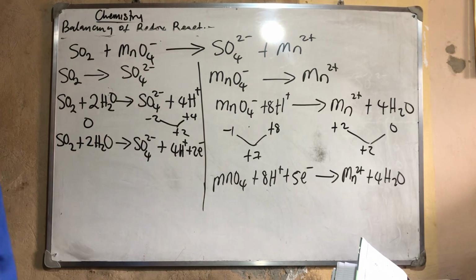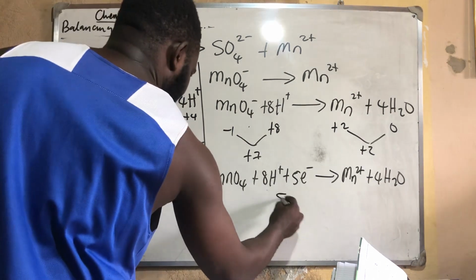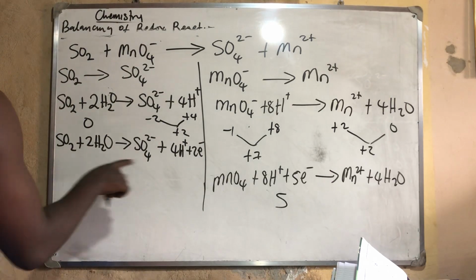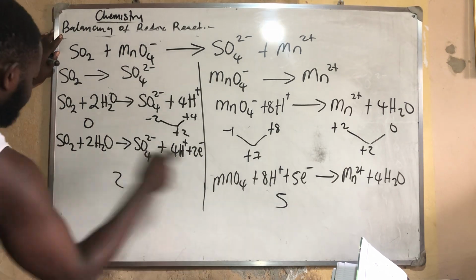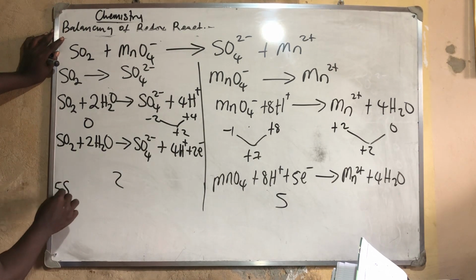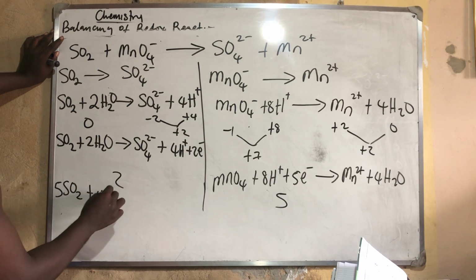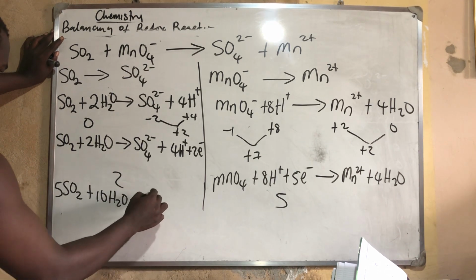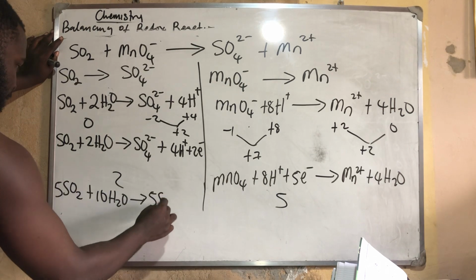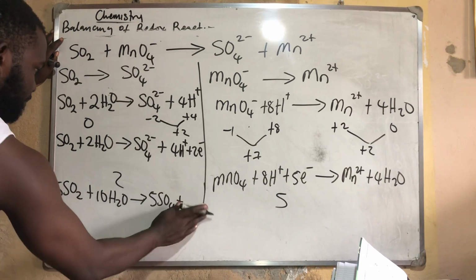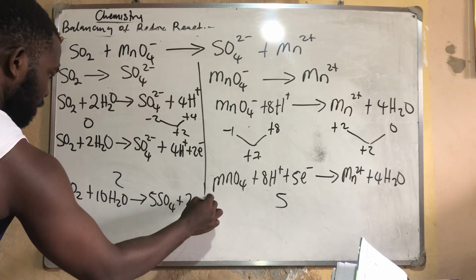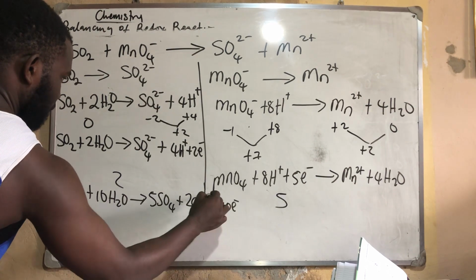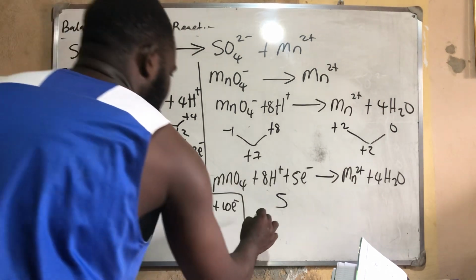So we now have that the ratio of the electrons we added is 5 for this one and 2 for this one. So we should cross multiply. If we cross multiply, we now have 5 times this, which will give you 5SO2 + 10 water to give 5SO4 + 4 times 5, 20H⁺ + 10 electrons. Okay, so then 2 times these,